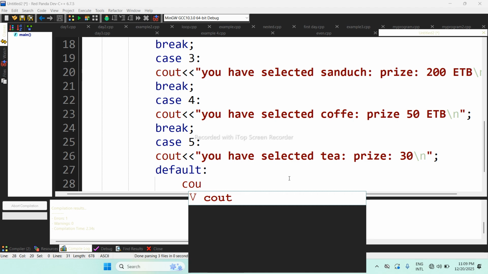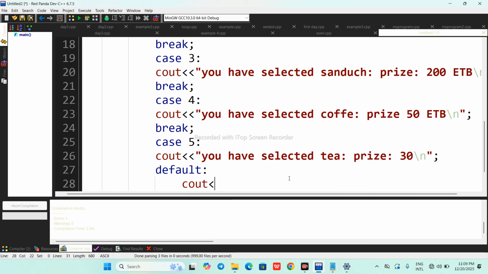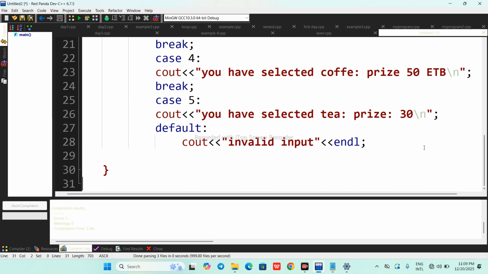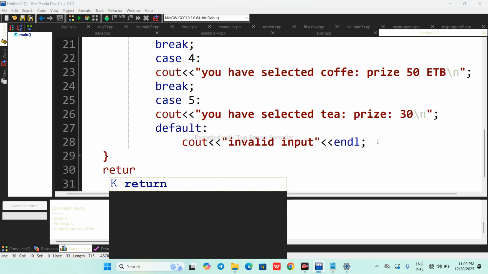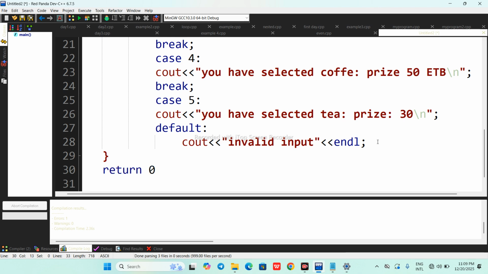If there's no input between 1 up to 5, the output under default will be printed on the computer console. So cout, "Invalid input", then you finish here. The switch should be closed, then return 0 for the main method.